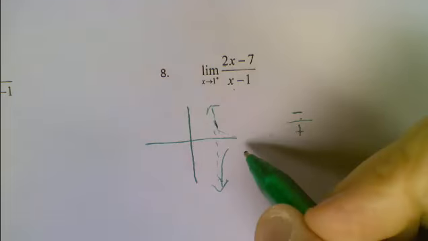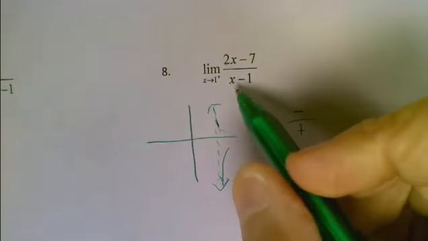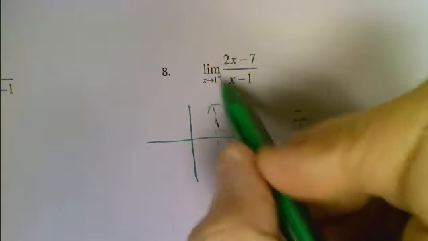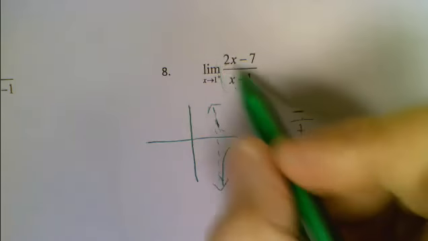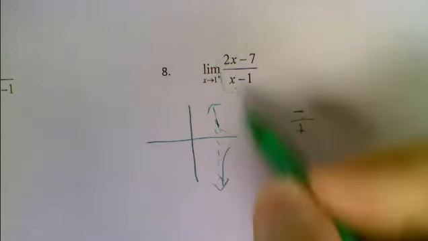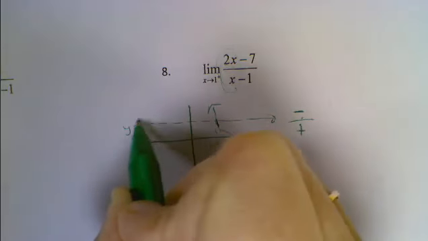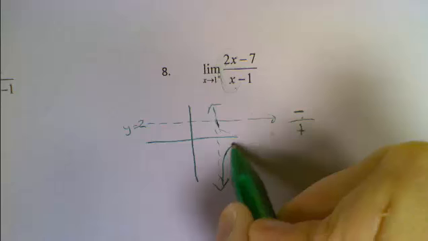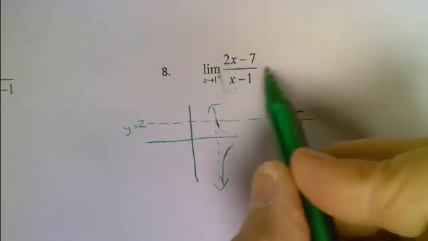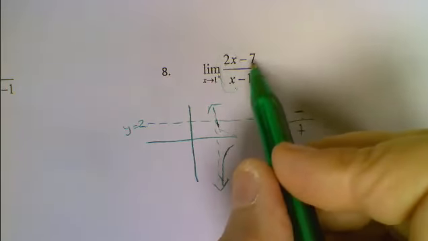Now, when you graph it, you really should probably graph the entire thing correctly. So when I look at that, I also know there's a horizontal asymptote at 2. Remember, the degrees are the same. So there's a horizontal asymptote at y equals 2. And so this is coming down this way. I could find the intercepts. When I set the function equal to 0, I would get